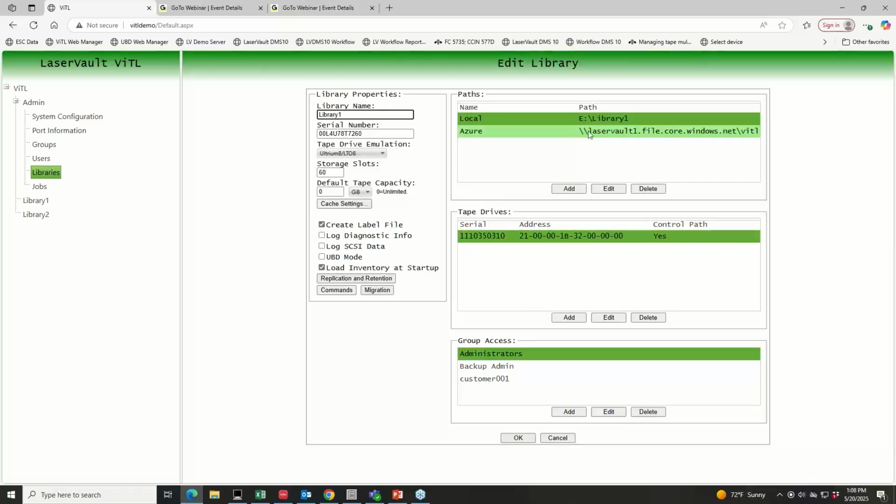Over here to the right, we have two different paths defined for this tape library. We have a local disk path. So in my test demo environment, I have a server in our data center connected to our Power 10 via fiber channel. Another connectivity option is SAS, the same as you would use to connect your physical tape device, either fiber channel or SAS. On this server, there is 16 gig fiber channel connectivity to the IBM. There's a path for these backups for this tape library to go to the E drive, which is local disk